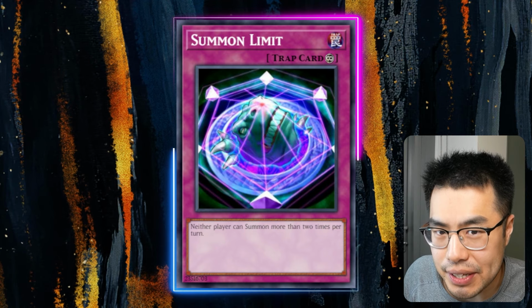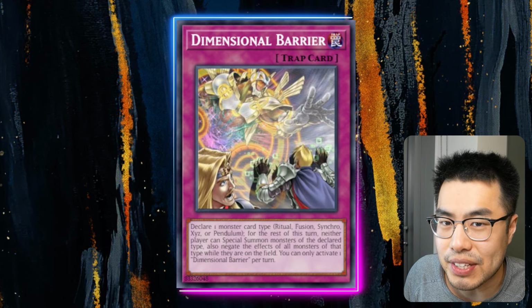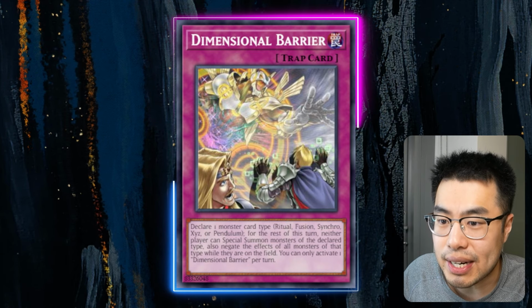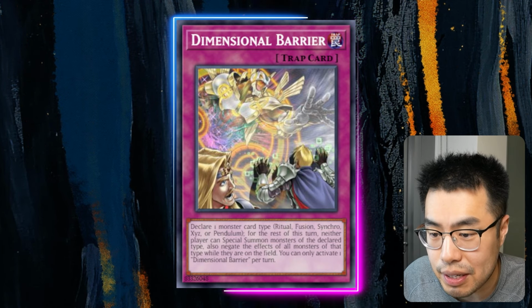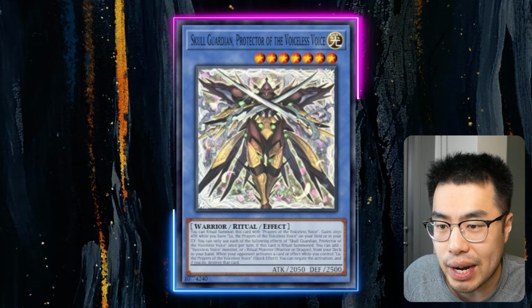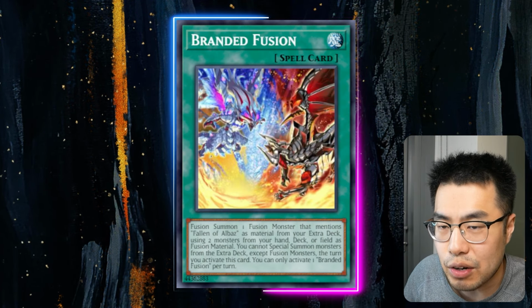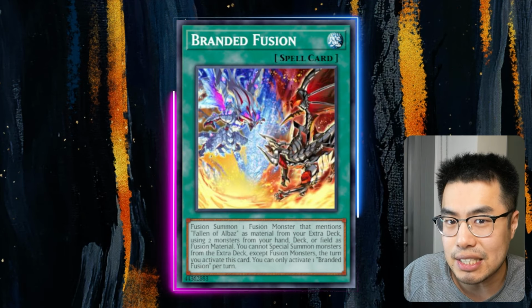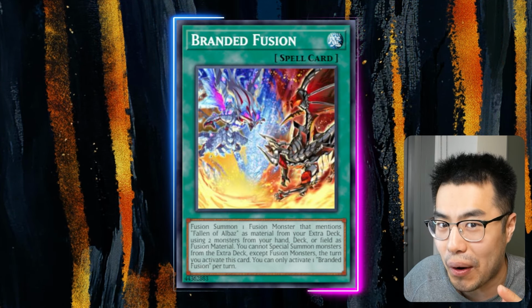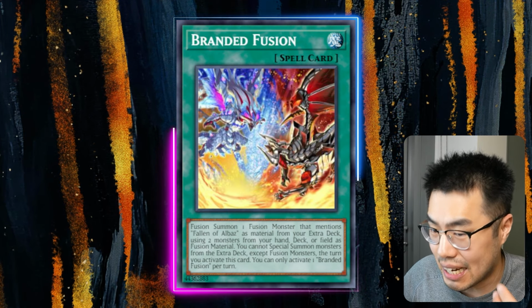Next, let's talk about this card, Dimensional Barrier. This card is absolutely insane. Now, against the existing decks right now, we have decks like Voiceless that will be very, very powerful, so you can just call Ritual and shut them down completely. We also have random Branded players running around with Branded Fusion in their decks, and if you guys have ever played Branded, you'll know that D-Barrier is literally a game-ending card that has zero counterplay